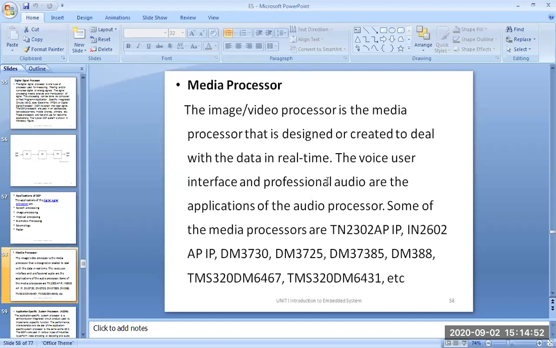Data in real time means some data is coming in, and we want to process the data and immediately use it. Real time processing means this: we are getting the signal and we have to process it then and there, and we are going to use those results.